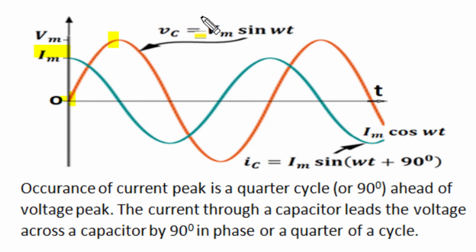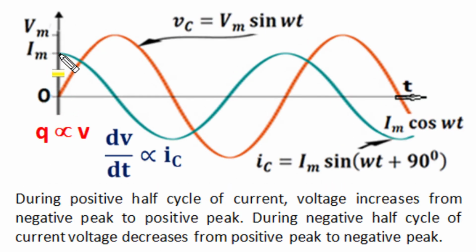We can say voltage is a sine wave and current is a cosine wave, and a cosine wave leads a sine wave in phase by 90 degrees or a quarter of a cycle. During the positive half cycle of current, the voltage across the capacitor continuously increases, as charging current increases charge on the capacitor and increases its voltage, and during the negative half cycle of current, this discharge current continuously reduces